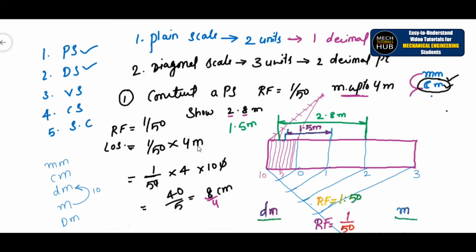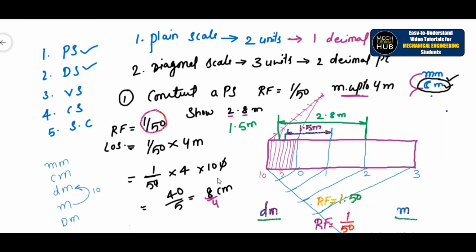Now here the RF value is directly given, so no calculations are required. Simply we made it without any calculations. We have considered that 1:50 and we have calculated accordingly. Okay, in a few cases tricky questions will be there. He will try to confuse you, or a tricky kind of question will be given. Accordingly you have to calculate the RF also.